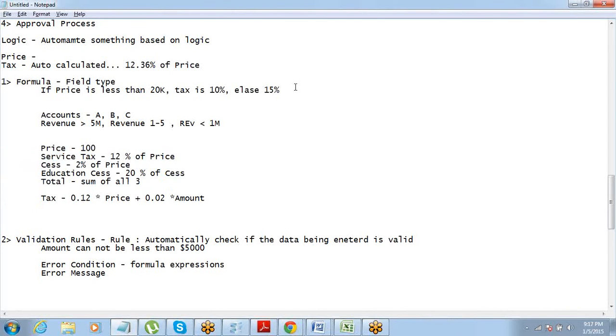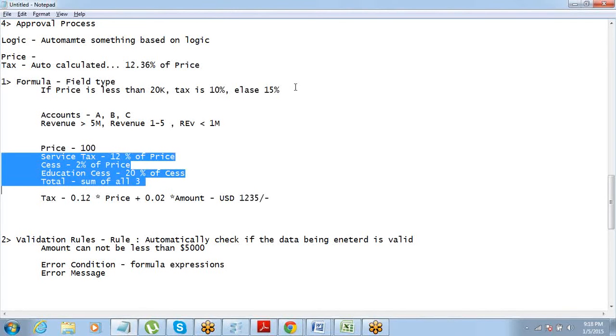In case you think that no, I just want one field and all the tax, however complex, here we can put whatever complex equation we have: 12% of amount plus 10% of this plus 0.2% of this. So a big formula can be written here, but then we'll not have the breakups, correct? This ultimately will give us one amount, let's say 1, 2, 3, 4, 5 rupees or dollars. This will not give us breakup. So if we need breakup, then we'll have to have the fields. Clear? Okay with everyone? Yeah, thanks.